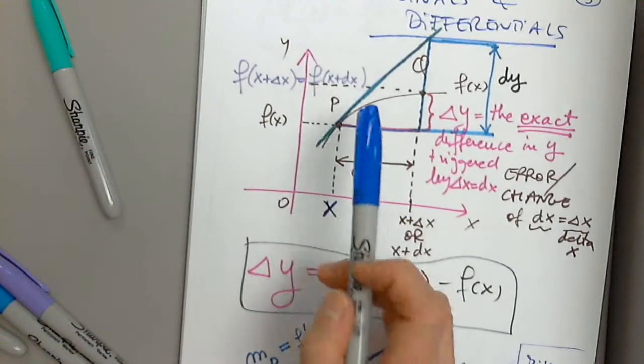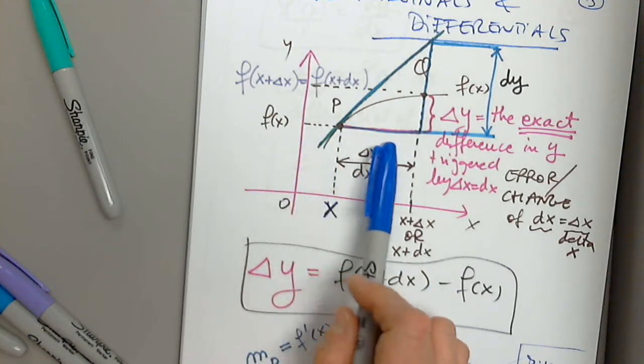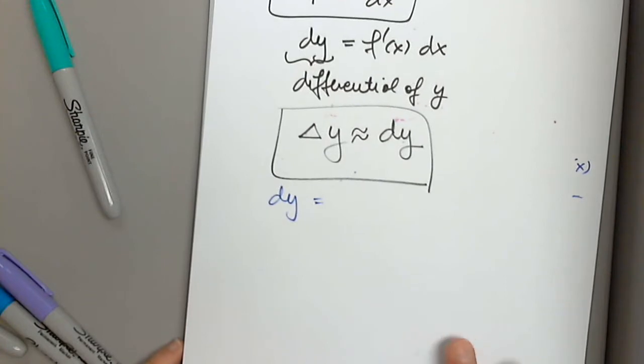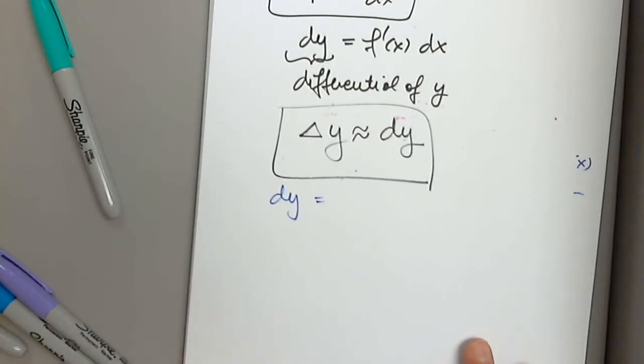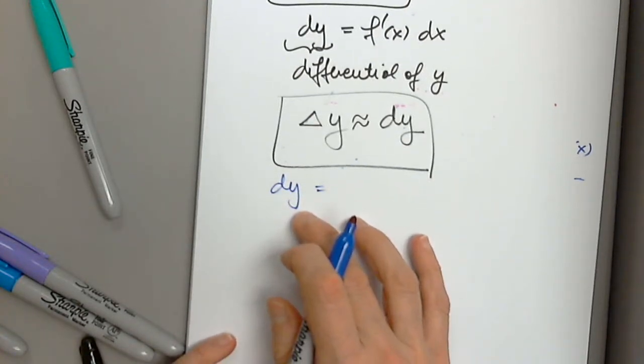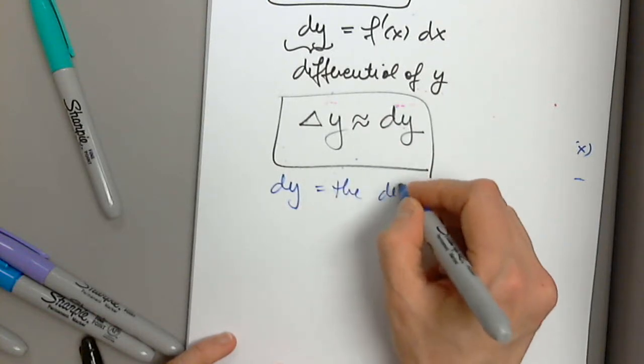Because we did not use f of x plus dx minus f of x. So dy is the change in y for a minor change in x, but not using the exact. It is obtained using the derivative. That's why it's not called the exact difference, but the differential. It uses the derivative to find the difference. So this is not the exact; this is the differential